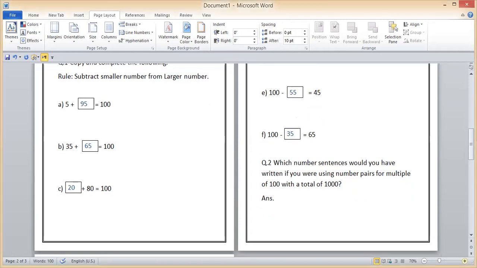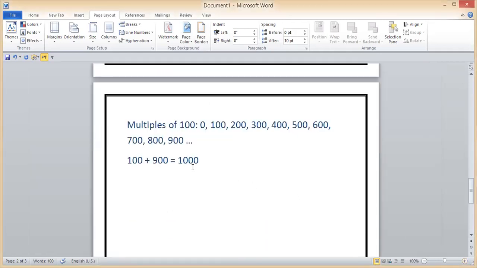Now I'm going down, guys. I have given you enough time. So guys, you can write 200. So 200 plus what will give you 1000? It will be 800. And if I use 300, 300 plus what will give you 1000? 300 plus 700 will give me 1000. In this way, I can write